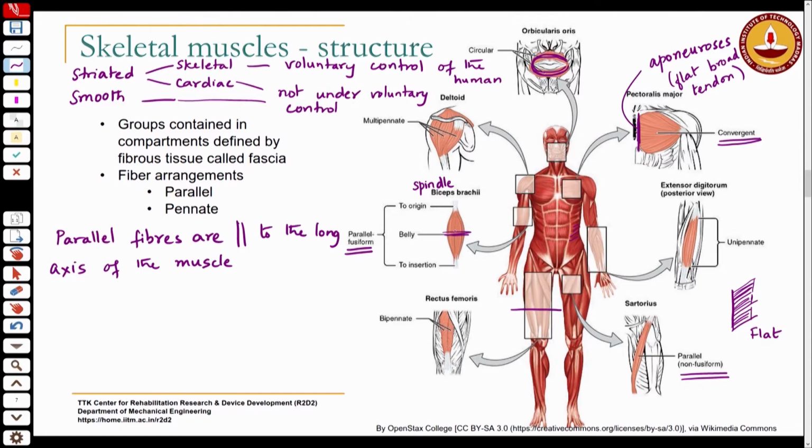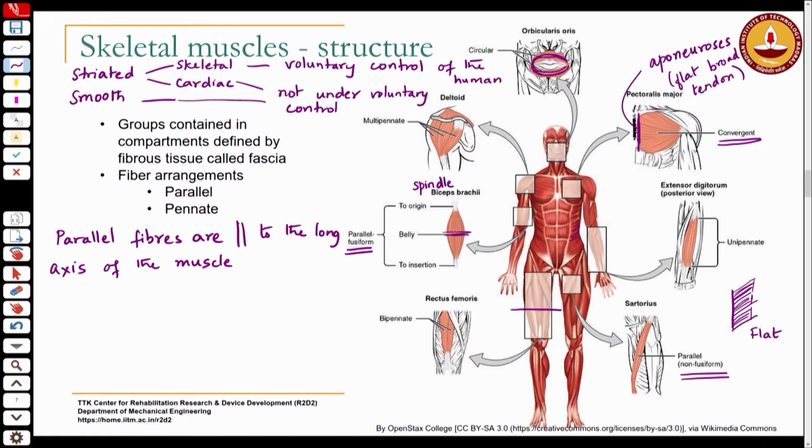The fiber length and the muscle length are equal. So, however much the fibers shorten, the muscle also shortens. So, you get a high movement velocity, because you can shorten over a longer length. So, you get a greater range of shortening